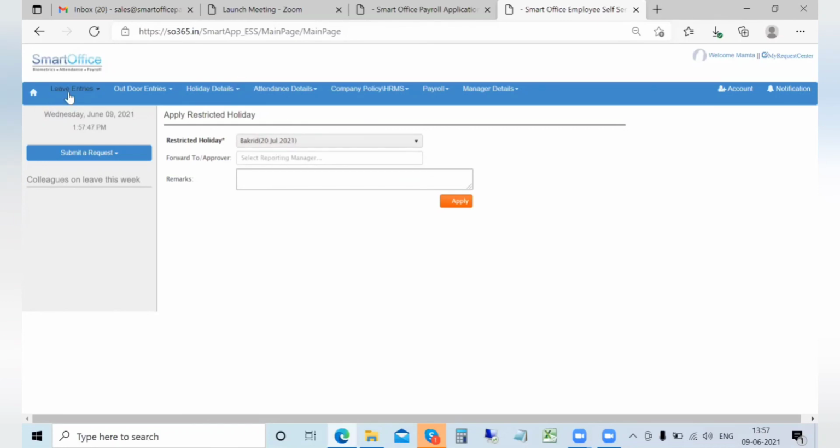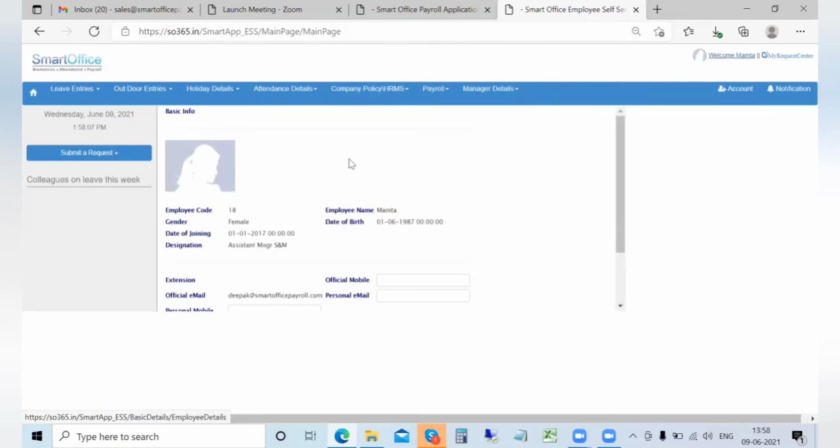You can select the reporting manager and the remarks. So basically, you can do the attendance part. You can apply for leave, check the various credit histories. In OD, you can check for public holidays. You can check your attendance details, apply for regularization, and check for employees on leave this week. And from the